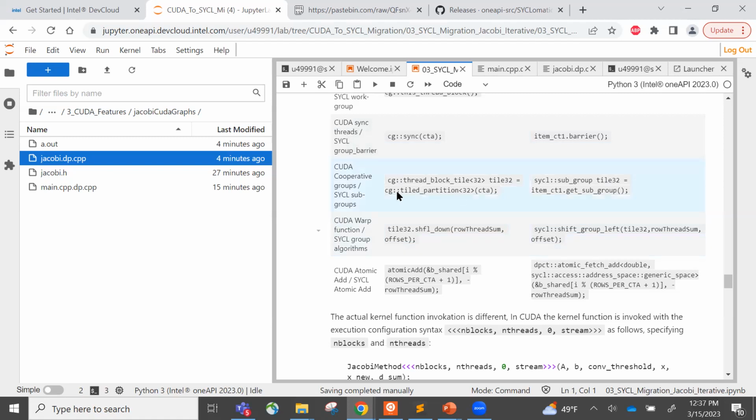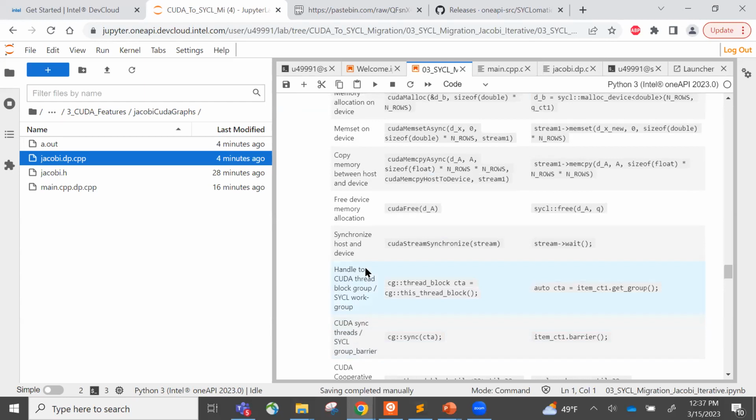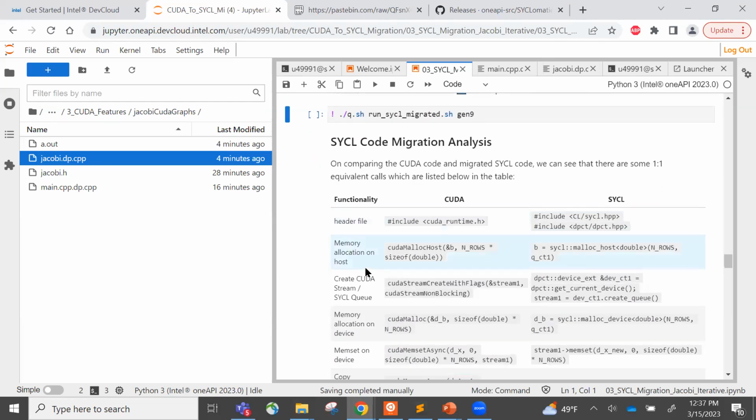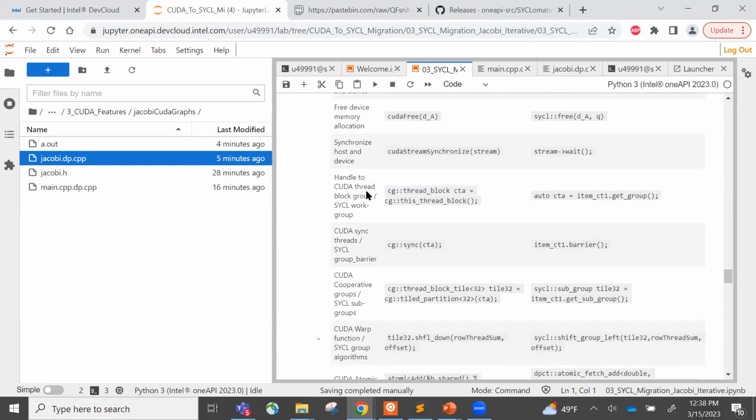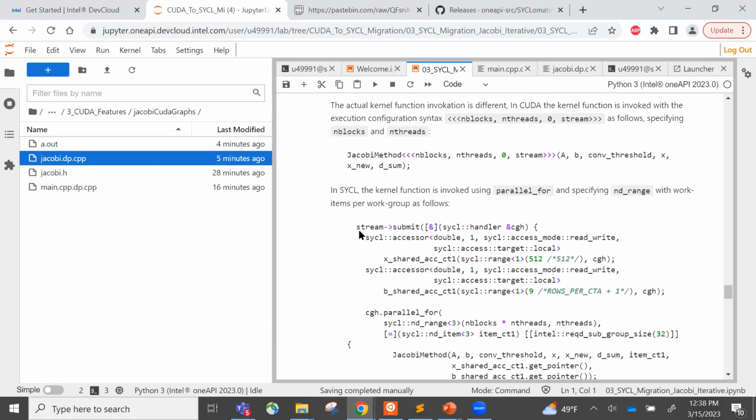Same thing in CUDA, there is the tile partition, and then in SYCL there are subgroups. Shuffle down is replaced with shift group left, and then atomic add in CUDA is replaced with the SYCL atomic fetch add, right? So this table just gives you a summary of all the different migrations that happened when you use the SYCLomatic tool, right? So this is mainly for reference,